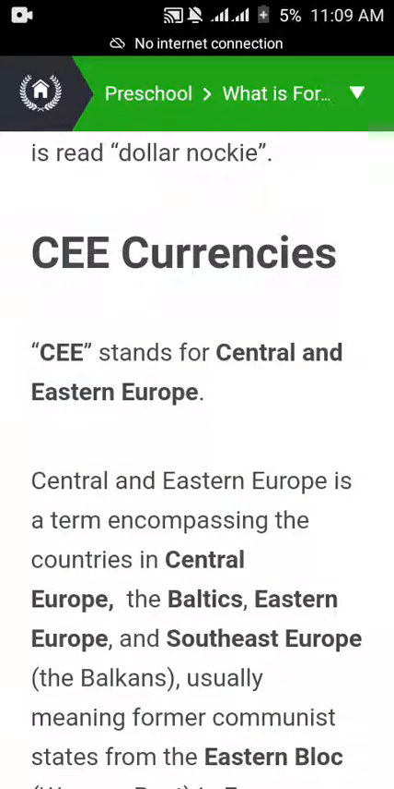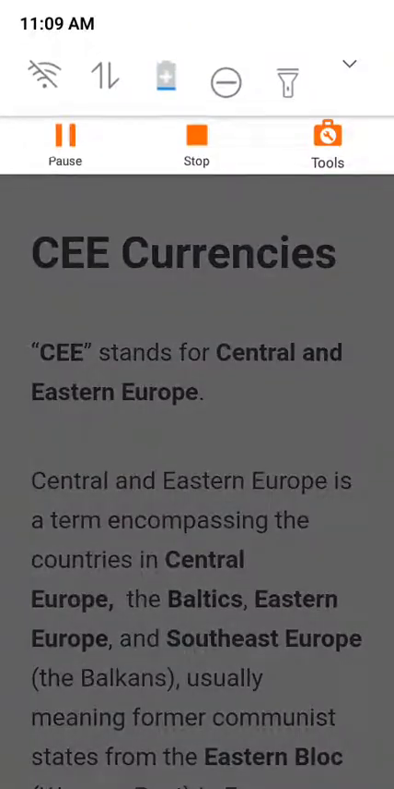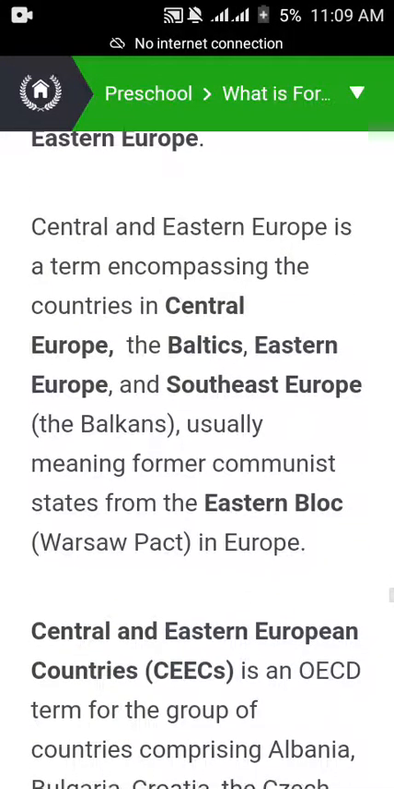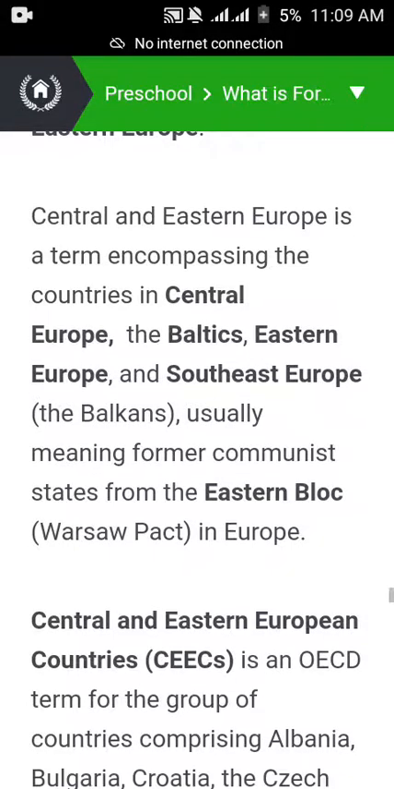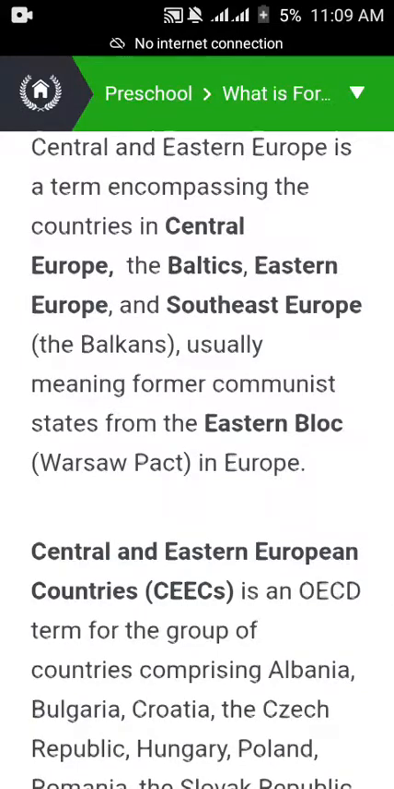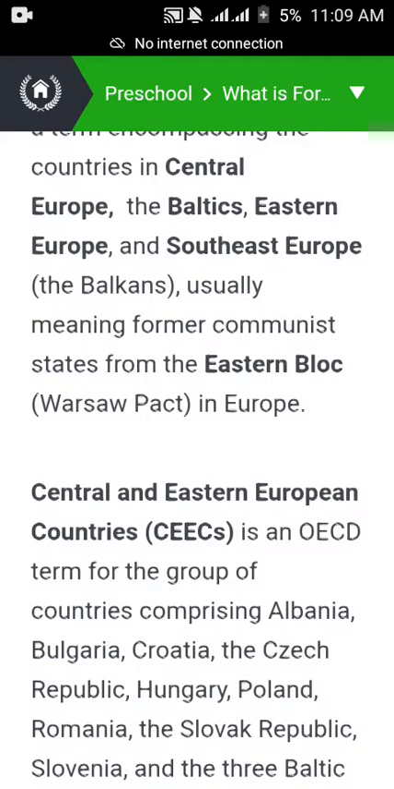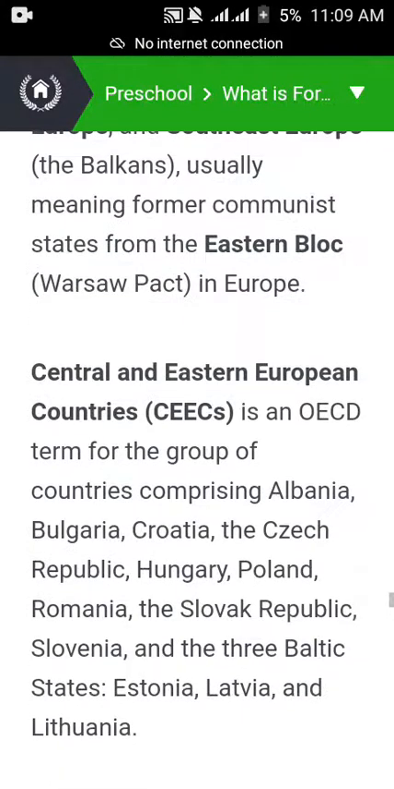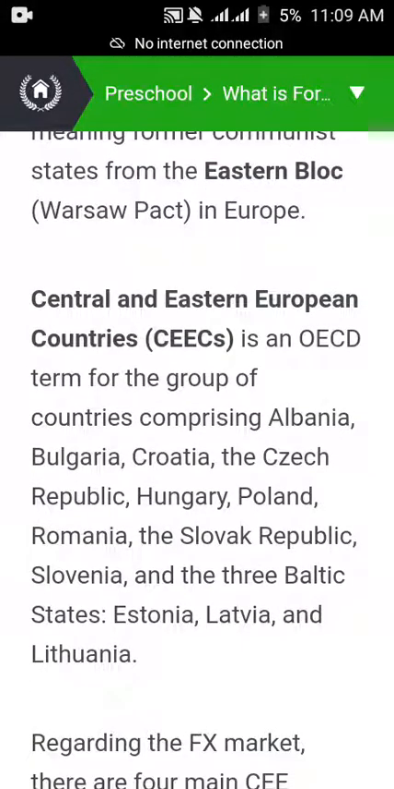CEE currencies. CEE stands for Central and Eastern Europe. Central and Eastern Europe is a term encompassing the currency in Central Europe, the Baltics, Eastern Europe, and Southeast Europe, the Balkans, usually meaning former communist states of the Eastern Bloc, Warsaw Pact in Europe, that is Poland. Central and Eastern European countries,